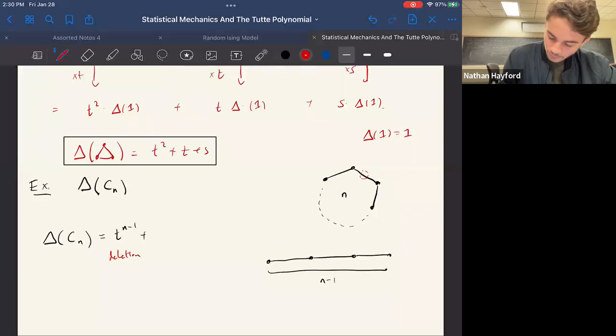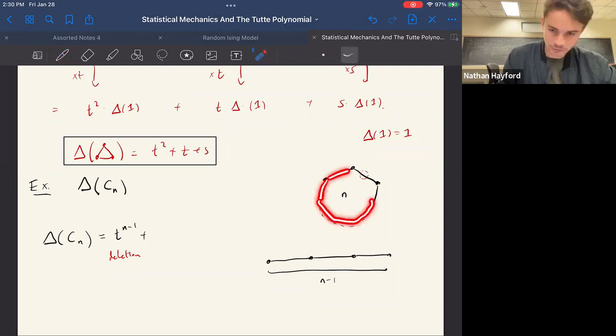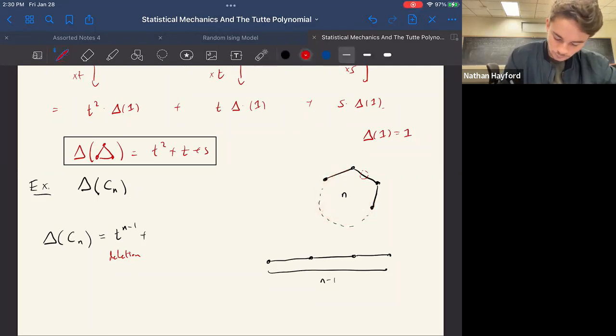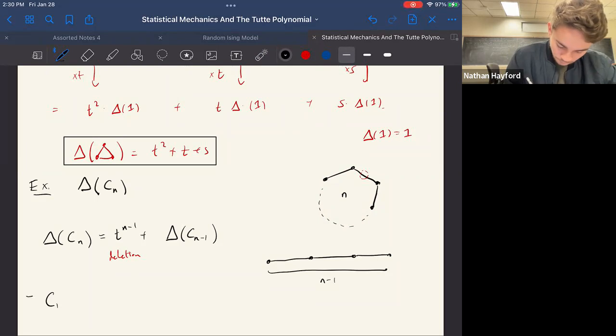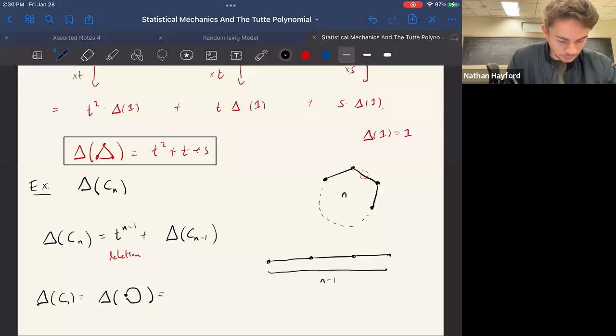And contraction, what do I get? Well, when I contract this edge, I just have n minus 1 edges in a loop, which is just the cyclic graph of order n minus 1. So plus delta of C(n minus 1). So we can compute inductively what this is, as long as I know delta of C1. Sorry, I'm changing notation on you. Delta of this graph, which is just a loop, is s. So therefore, by induction,